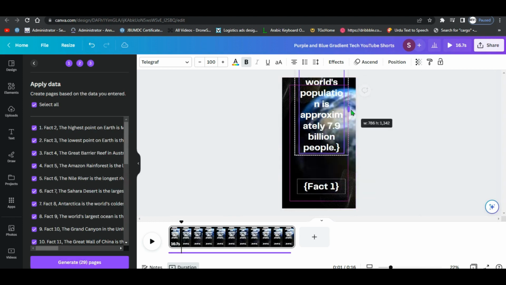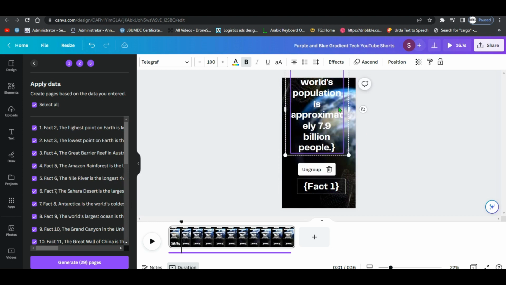Adjust your columns before generating pages.